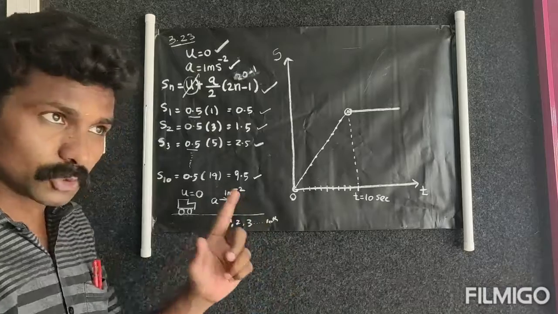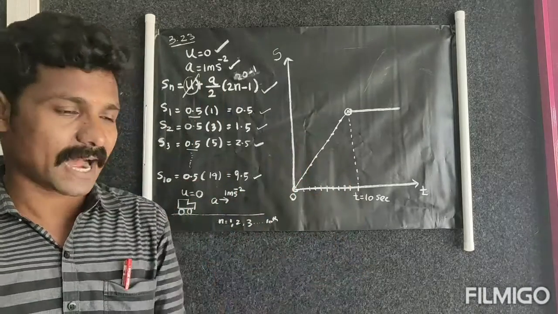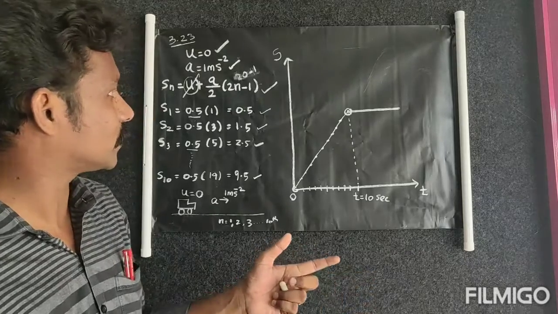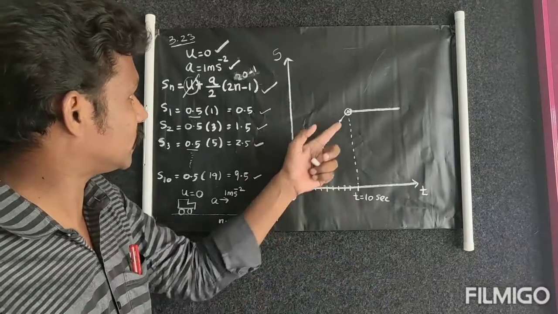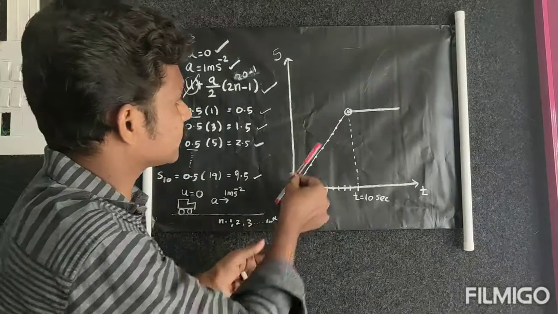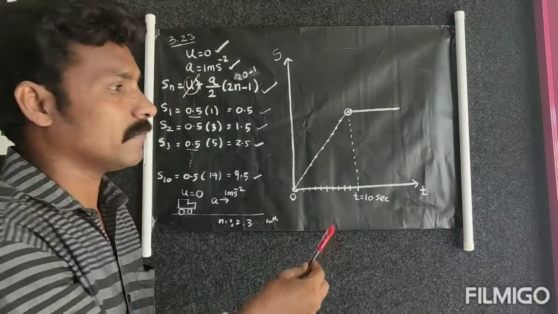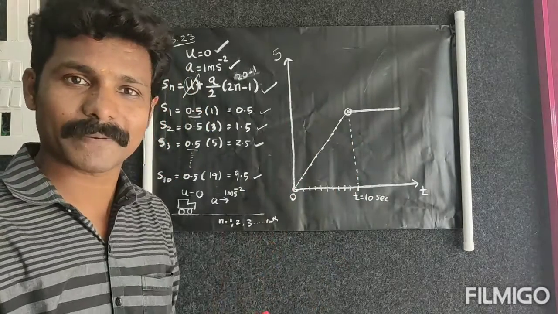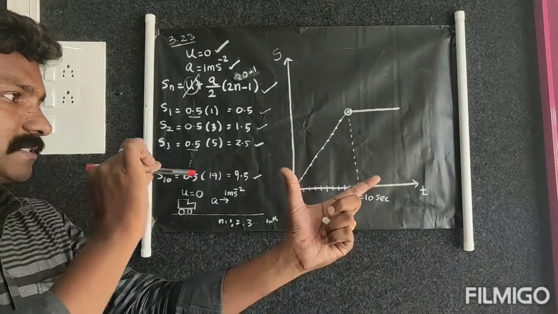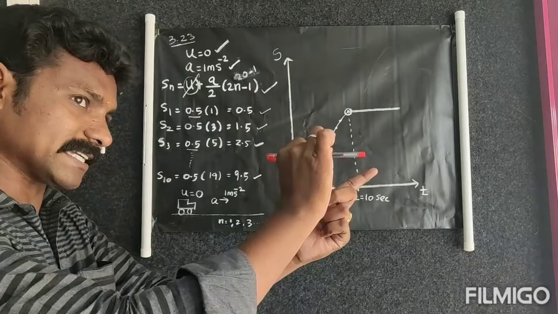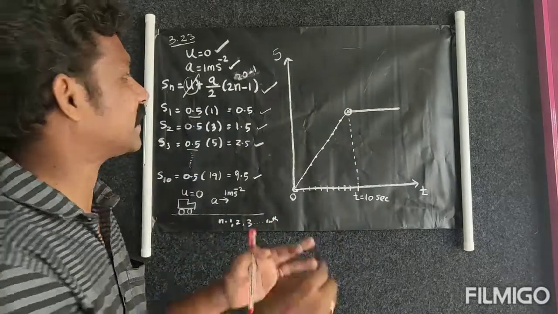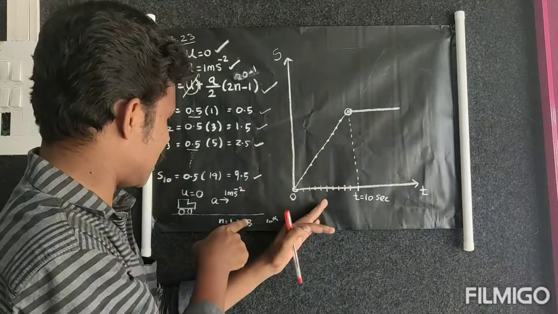Up to the 10th second only, acceleration is there. After the 10th second there is no acceleration. Here there is a slope between position and time, meaning velocity changes, but after that there is no slope. So what happens is it becomes a rest position. Up to the 10th second the object is moving, and after the 10th second it stops. It stops means the position should be constant. So you see, it stays there, at a distance of, for example, 9.5.